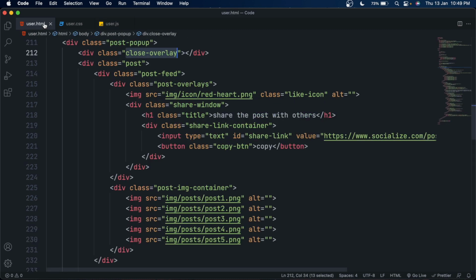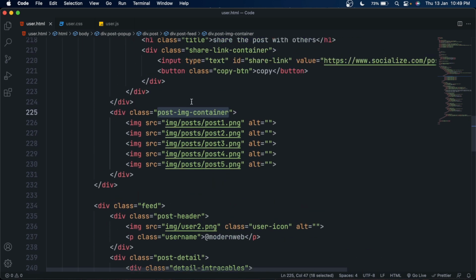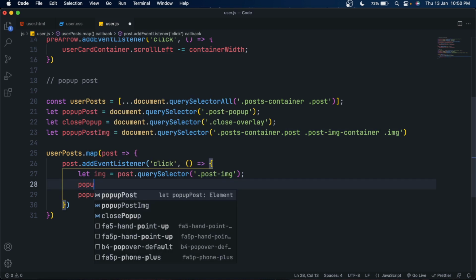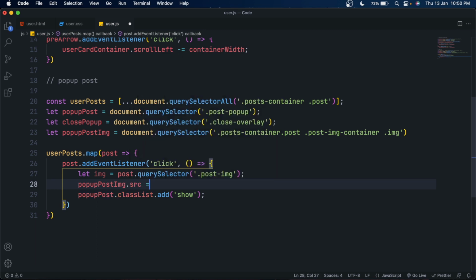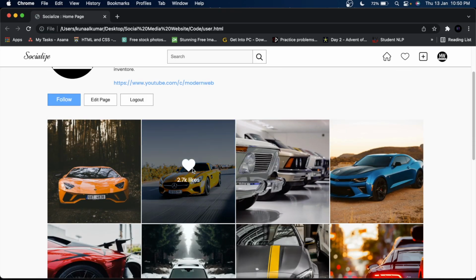Well, if you feel this is a little bit fast, try to understand it. But if you didn't get it, let me know in the comments. I will help you. Well, I'm doing this wrong here. I don't have to select the image element of the post container. I have to select the pop-up post image, which is not this class name, because I am messing up here. It will of course give an error, but we will fix it later. So let's move on.